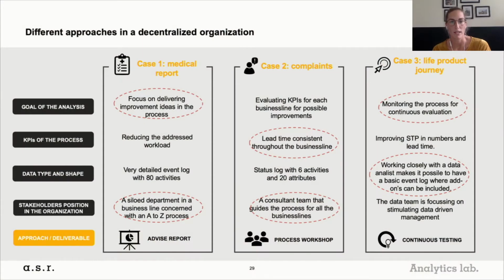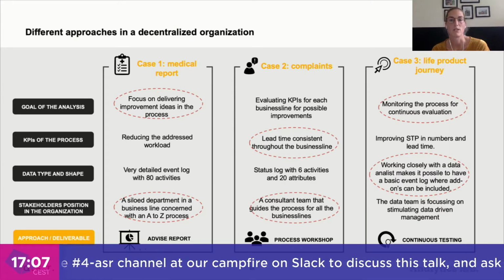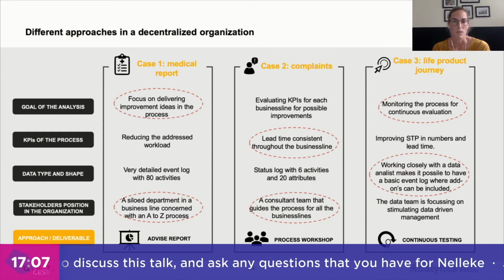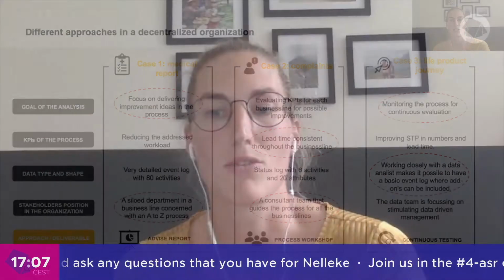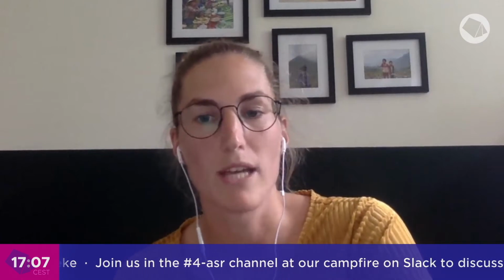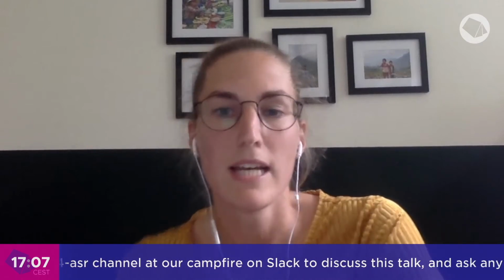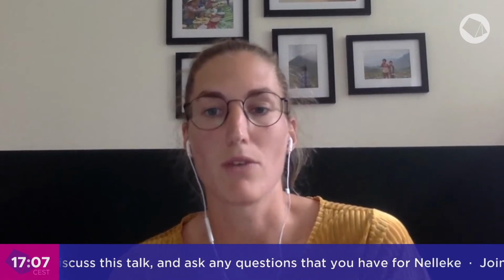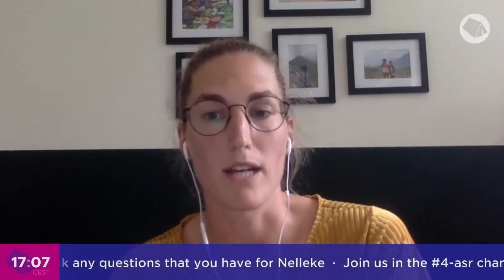So what you can see is that each case had a different approach, and that there were different elements for each case that actually led to this approach. What I would like to do now for our next step is create some sort of framework or formalize this approach a bit more so that we can use it with future cases. Especially because a.s.r. is a large decentralized organization, and hopefully I'm not going to be the only one using process mining. I want to take the learnings from all these cases and put them in a framework so that each business line could use process mining for themselves and find out which approach would work best for their case